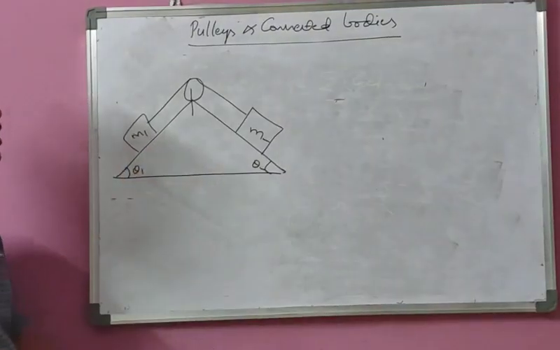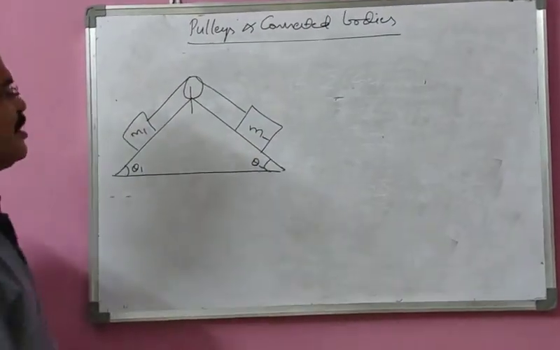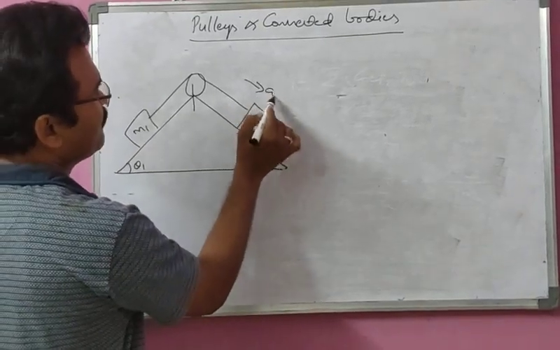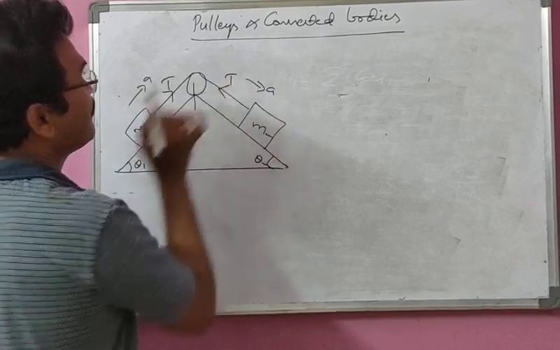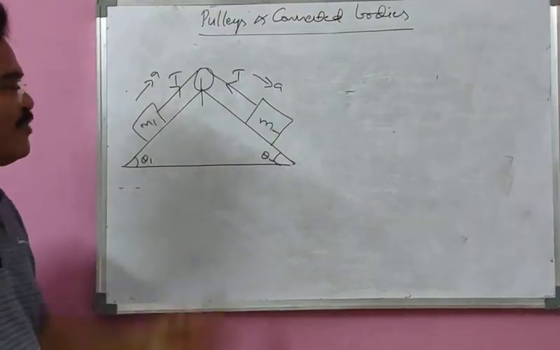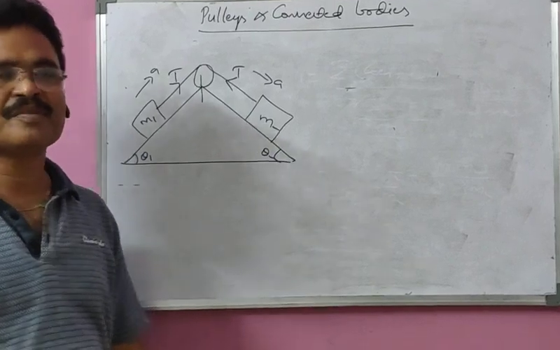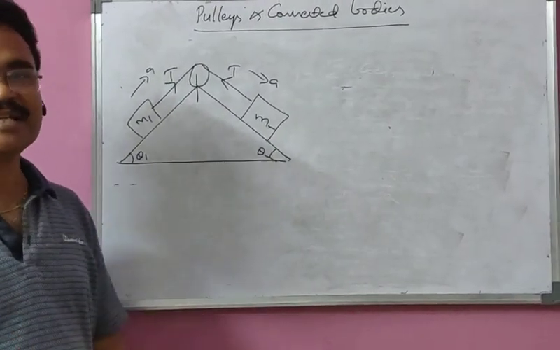Now, see this one. This is a different one. Here, two inclined planes, a double inclined plane, is there. Let us consider this is going down with acceleration, this is coming up, and this is tension T. This is tension T. Then how to get this one? You know, here instead of G, we have to take the component of G. The component of G acting downward is G sine theta.